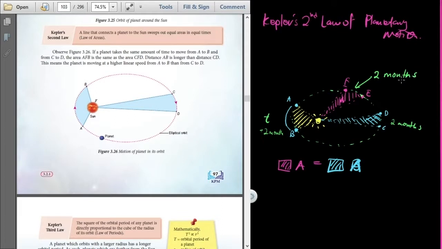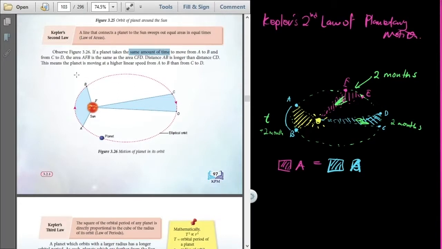So how can we say that? We can say that based on the law of areas. Since the red area is equal to the blue area, the time taken from E to F is equal to C to D. So that is what is stated by Kepler's second law of planetary motion. If you look into your textbook here, we have B here. If a planet takes the same amount of time to move from A to B and from C to D, the same time from A to B and C to D,